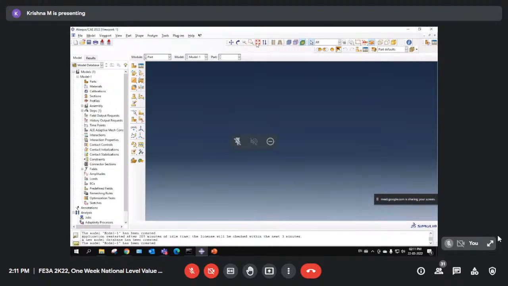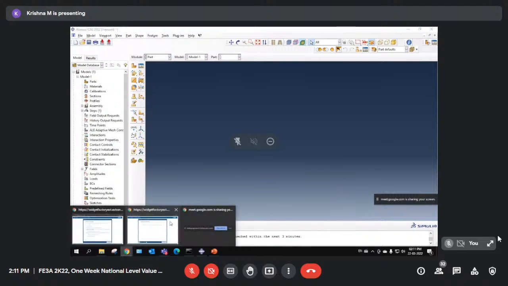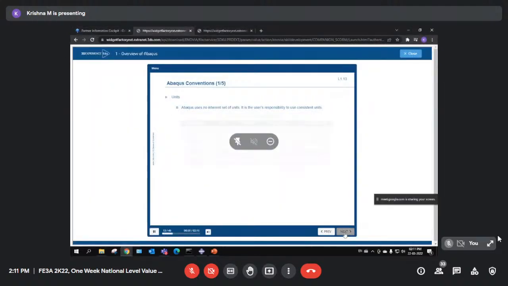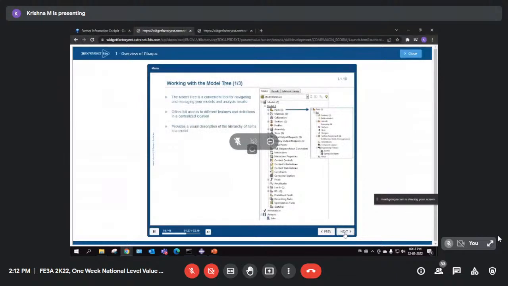And here you have various toolbars. These are visualization toolbars. You can rotate the model, pan the view, zoom, auto fit. If you have assemblies, you can use these options to view certain parts of the model. And here, as we have seen before, just give me a second. So, as we've seen before,